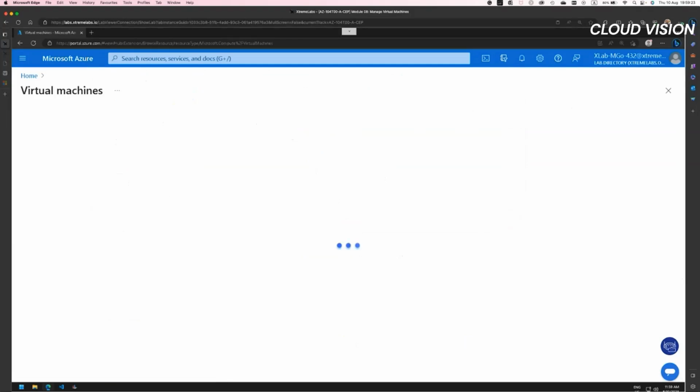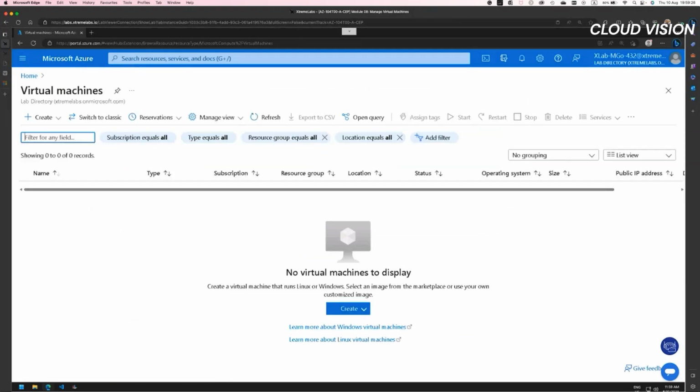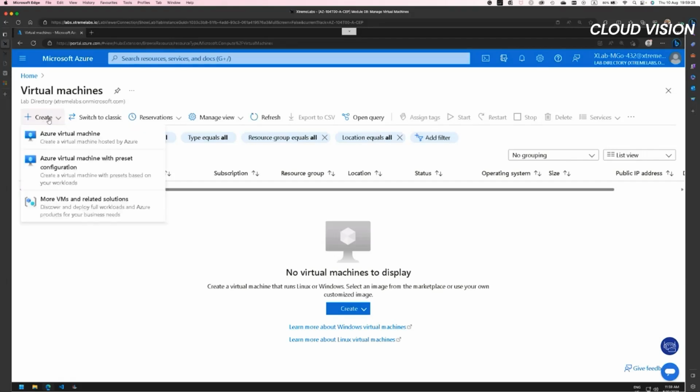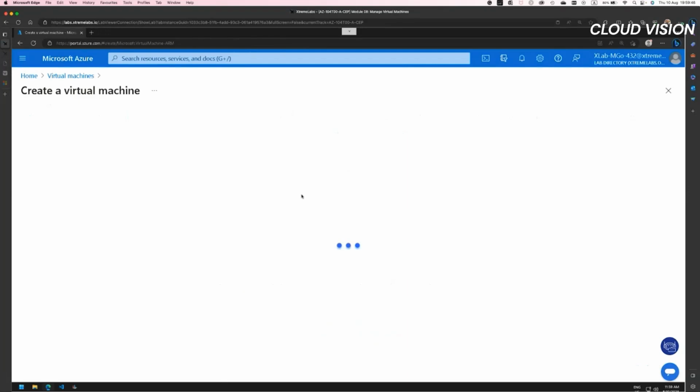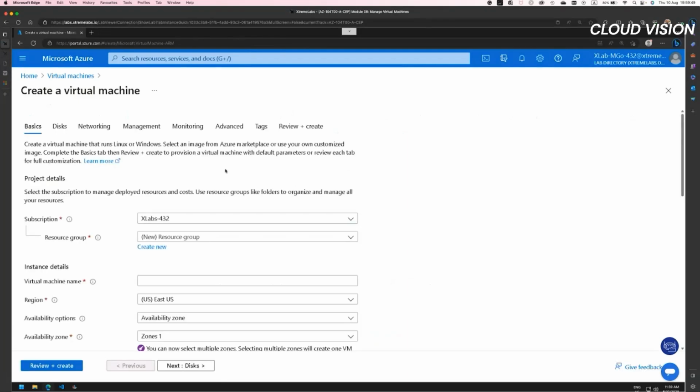And within the virtual machine, we then create a new one. Here you have 3 options: create Azure virtual machine, Azure virtual machine with preset configuration, and more VMs and related solutions. So you can actually choose any of the options, but what we're going to do is create Azure virtual machine. When we click on it, it will just ask you to fill in some of the